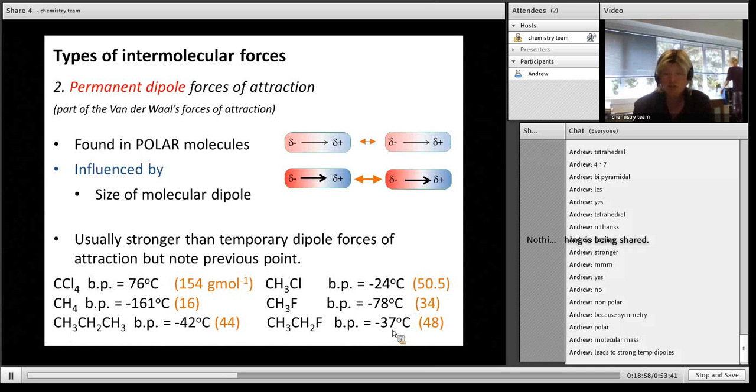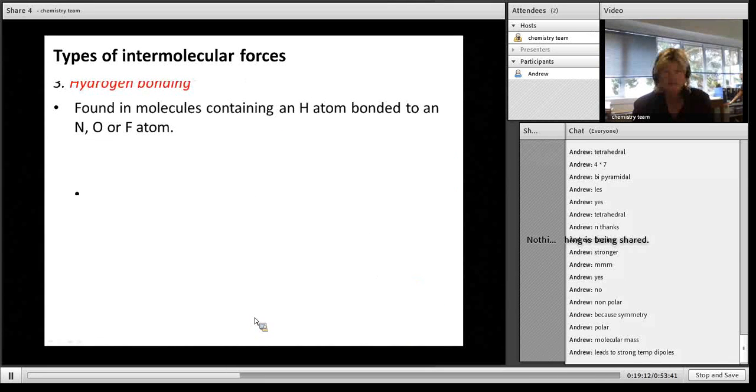So Andrew, were you correct? A big molecular mass will lead to much stronger temporary dipoles, so it'll have an overall higher boiling point. Right. The final one is the extreme end of the permanent dipole force of attraction. So when you have something that is so polar, the molecular dipole is so big, but it's not quite ionic yet,